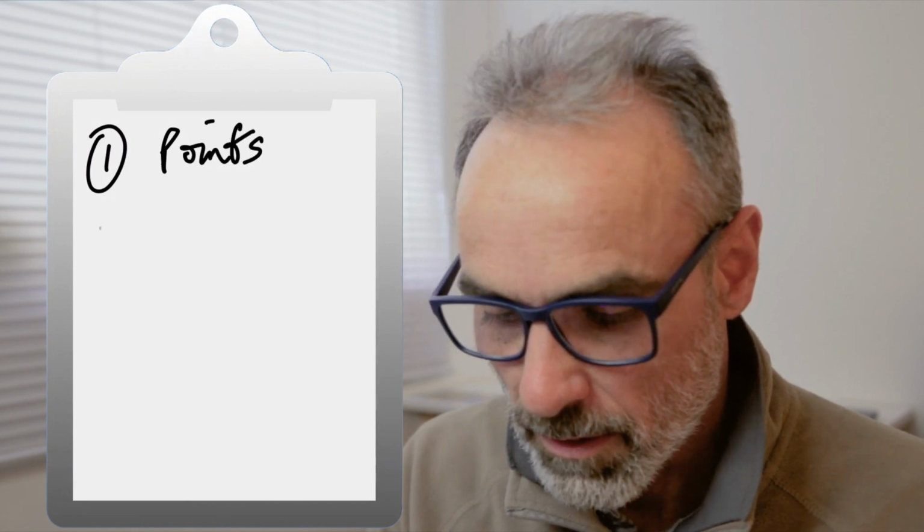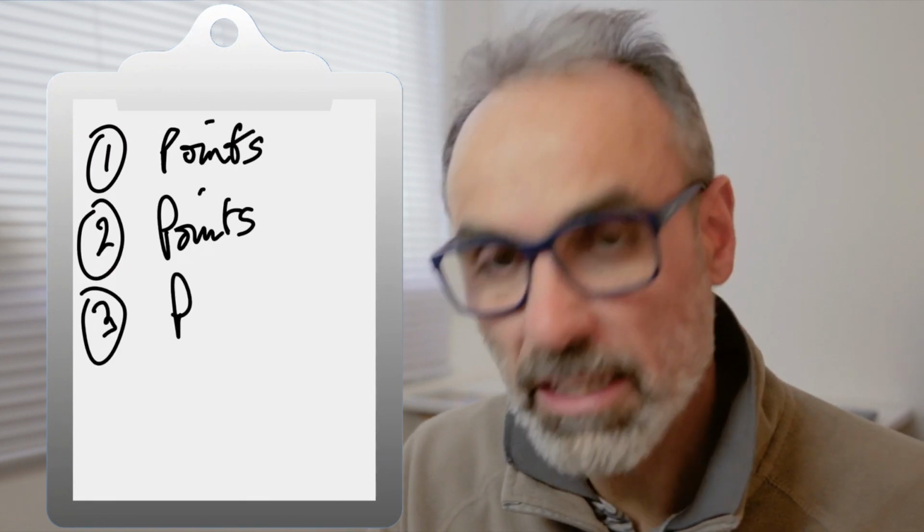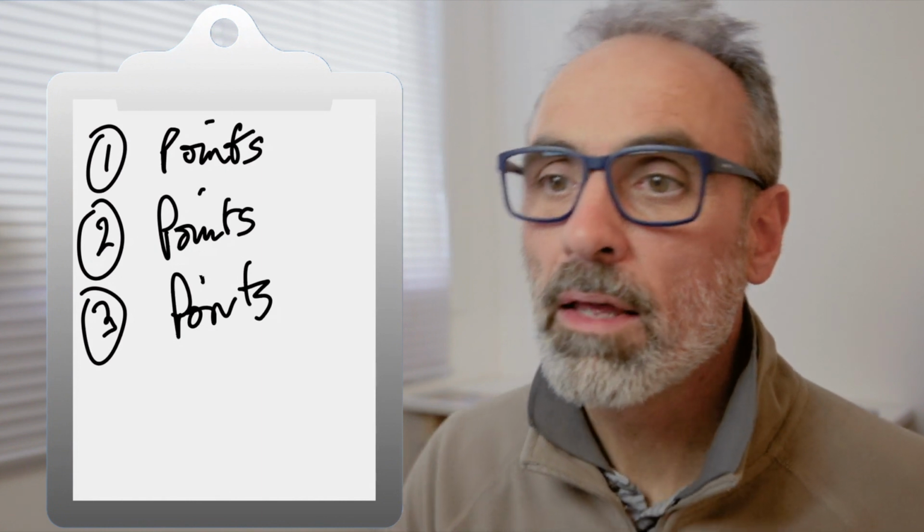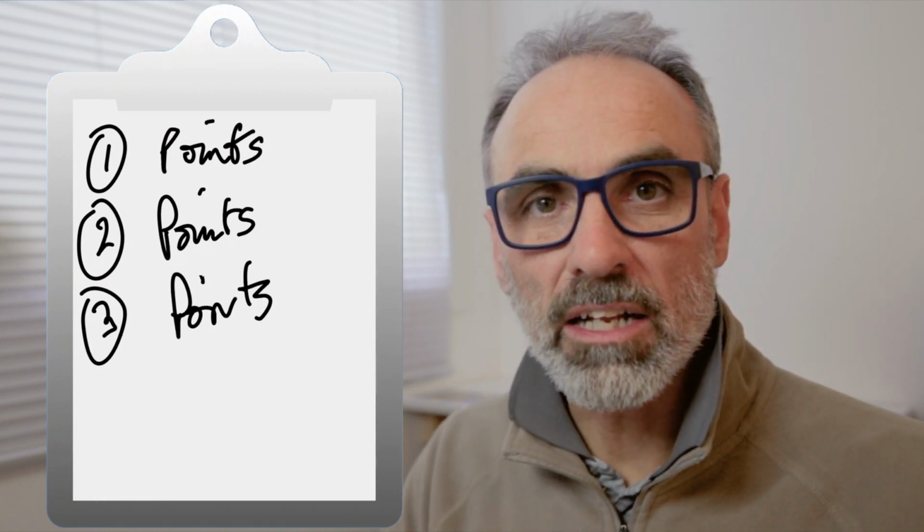Another thing you can do is you can just touch your screen, and of course the screen is so big you can't miss it. That might then bring up something like a clipboard, which again, of course, you can simply write on. So you might have your points here, just like so. Write them on there and then simply tap the screen, and that will then clear those points away, and you can move away from that, move on to the next slide. So hopefully that will give you some ideas.